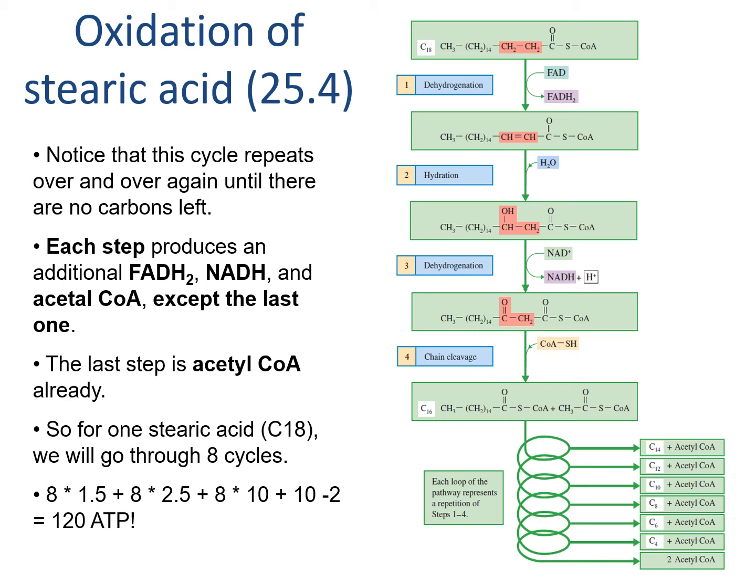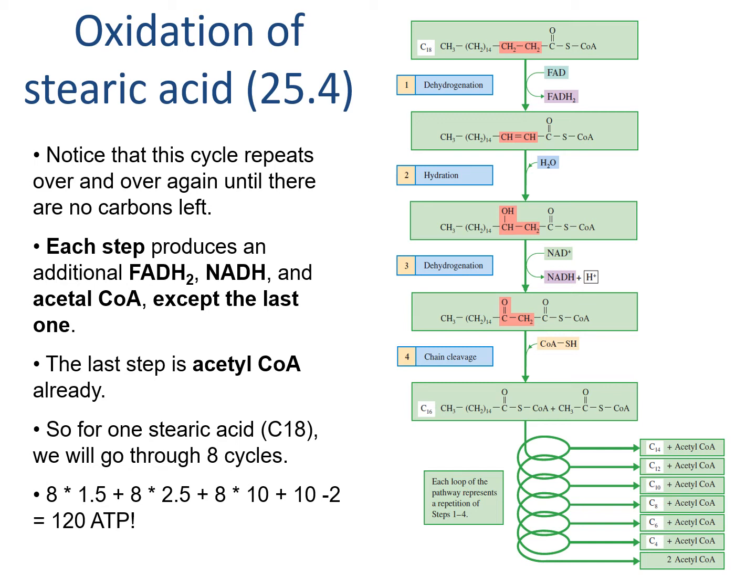No matter what, our fatty acid will always go through an activation that will always cost us 2 ATP. The energy gain will be mostly through beta oxidation, the 3rd step, so we need to figure out how many times that beta oxidation occurs. Here we show stearic acid, which has 18 carbons.